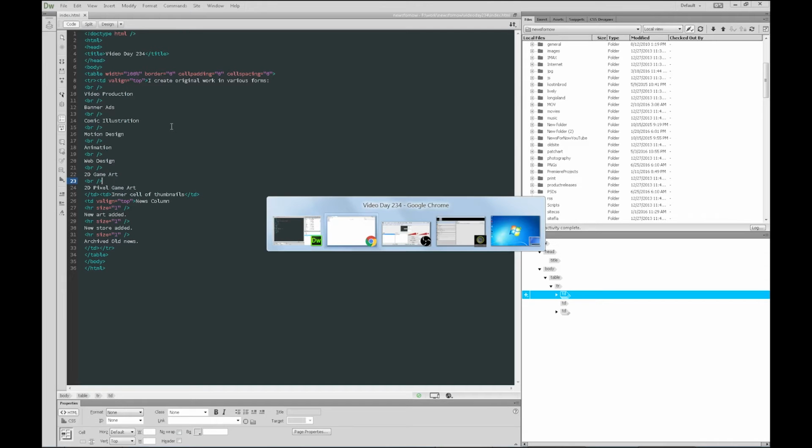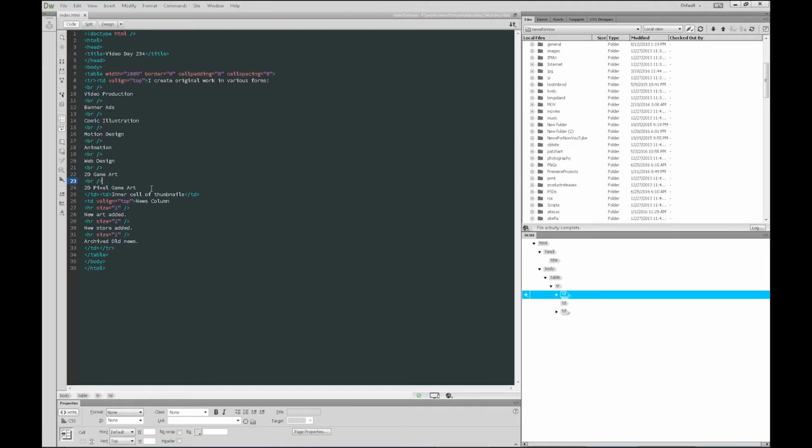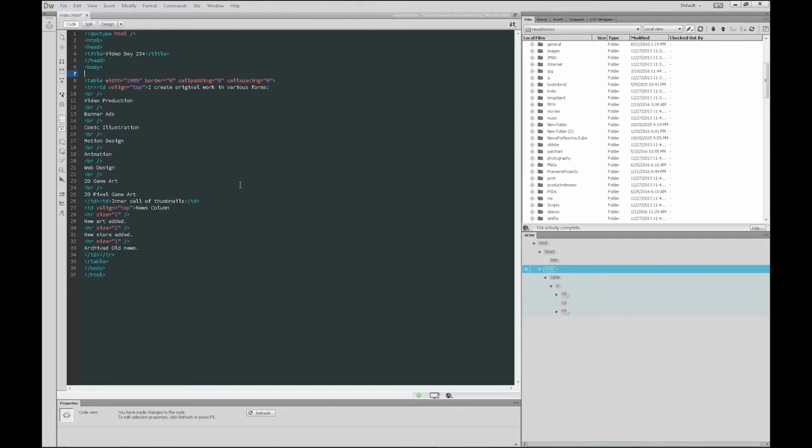Now, the other thing that was in the video is our logo and the phone and the email address. So let's go back and put the logo in there. What we're going to do is use some CSS in here. So let's make a new table, and this will be for the logo and the other stuff. And we'll put valign equals top. I'm going to copy that, and we'll just reuse it. So the Line Detail